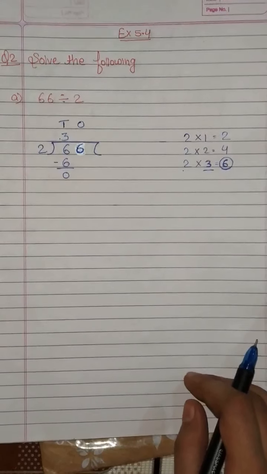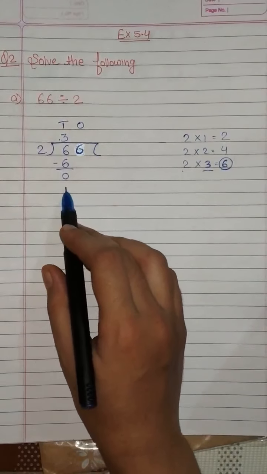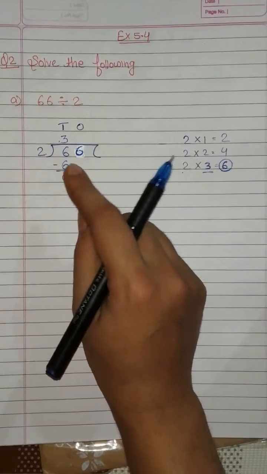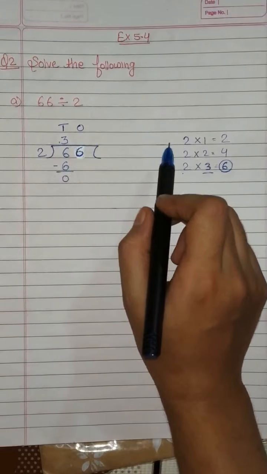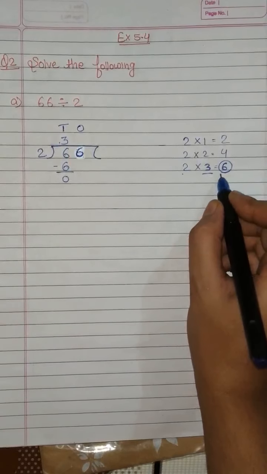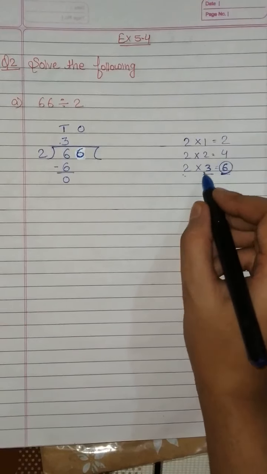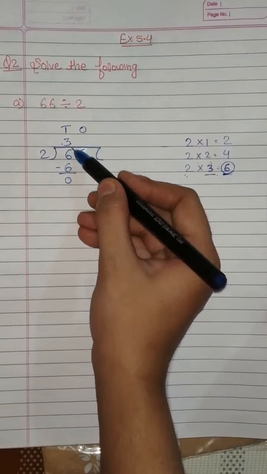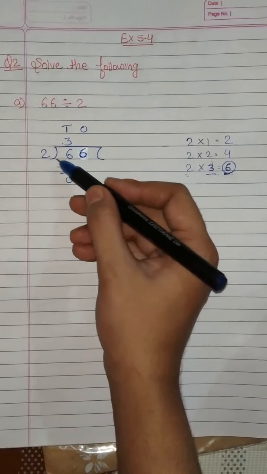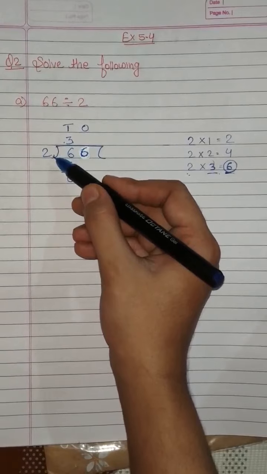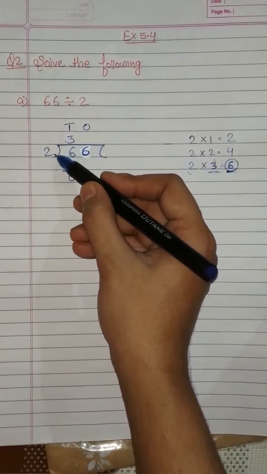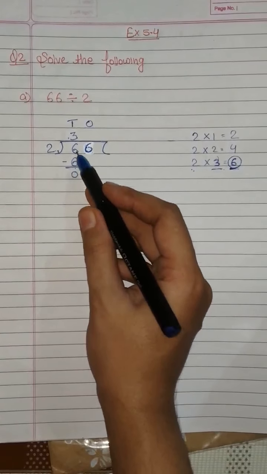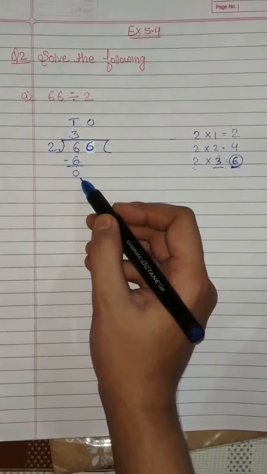Now how much are we getting? We are getting 0. Repeating the steps, what we did, we have taken only one digit. हमने सिर्फ एक digit लिया, that is 6. Then we have read out the table of the divisor, that is 2. And we have seen that 6 occurs in the table of the divisor. How many times is it occurring? 3 times. So we have written 3 at tens place as we were dividing the tens place digit. Then every time we multiply the divisor with the quotient, हम हमेशा divisor की multiply quotient से करते हैं. 2 threes are 6. We have written 6 over here. Then we have subtracted the two numbers. 6 minus 6 is 0.